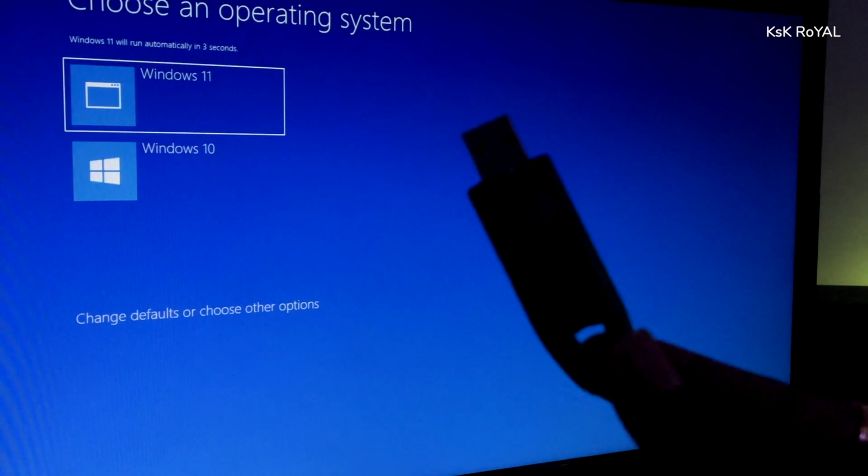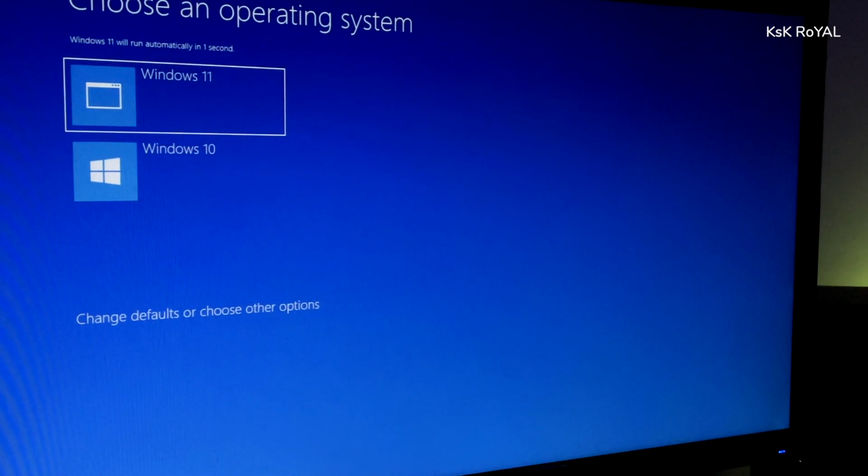As you can see here, it is showing you both Windows 11 and Windows 10. So I'm going to pick Windows 11 and the computer should reboot a couple of times.